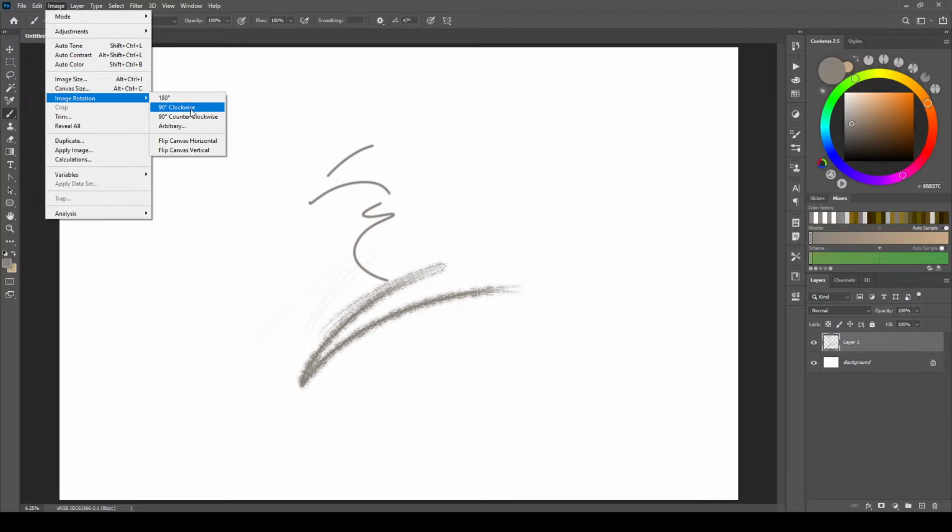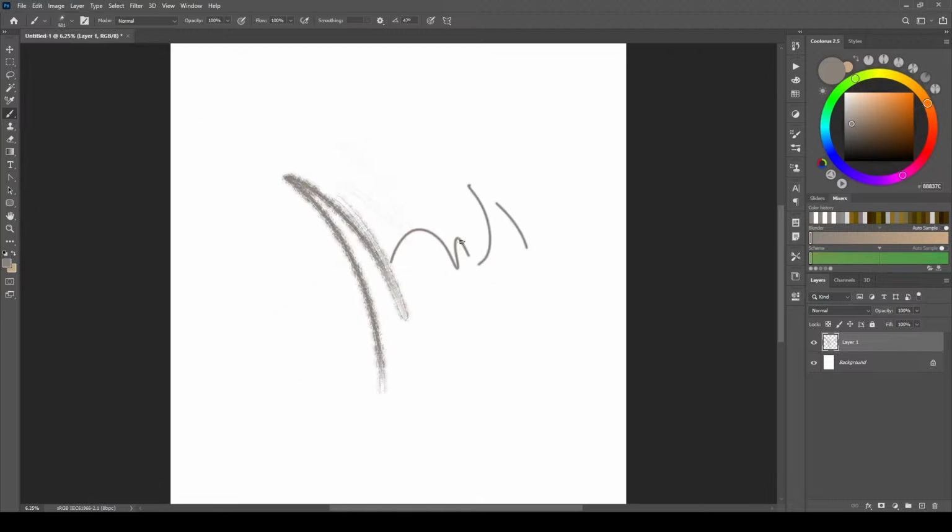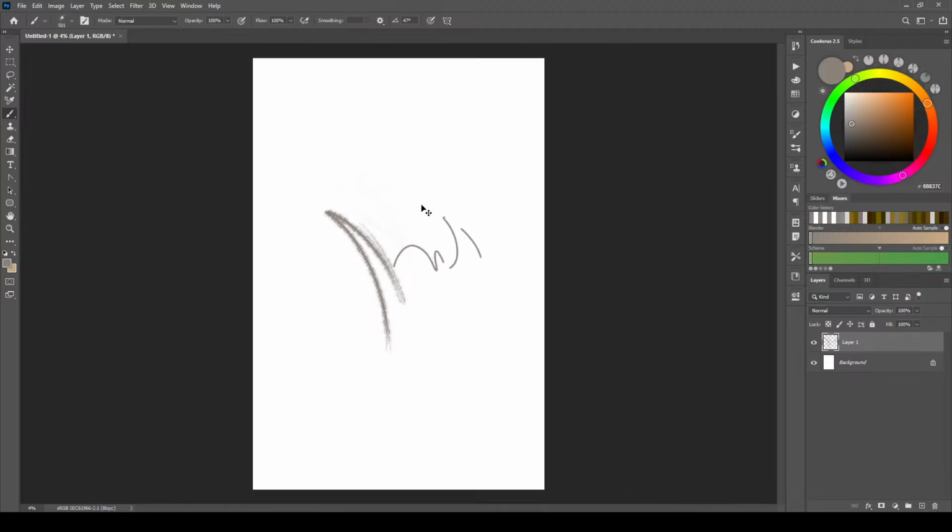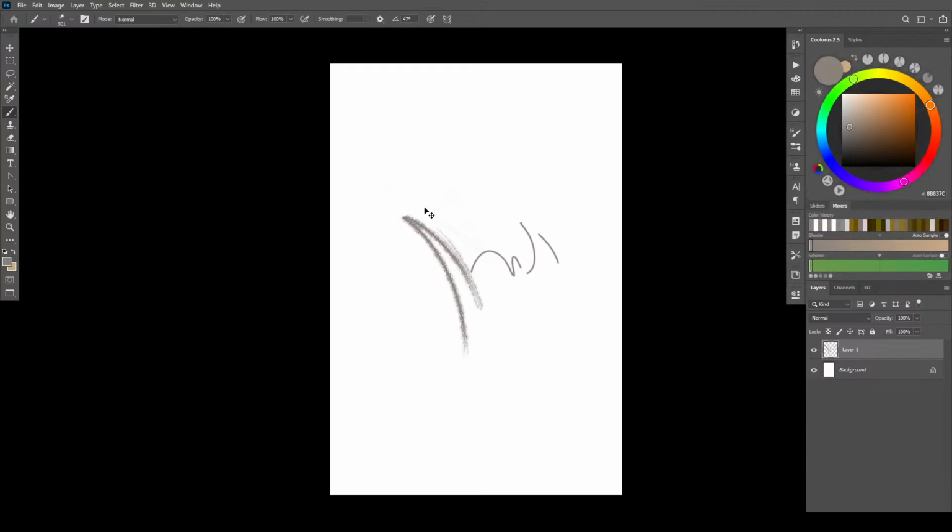Alright, we'll go rotate the canvas. I'm gonna go full screen here so that I can get as much on screen as possible. And I'm just going to start trying to block this in here.